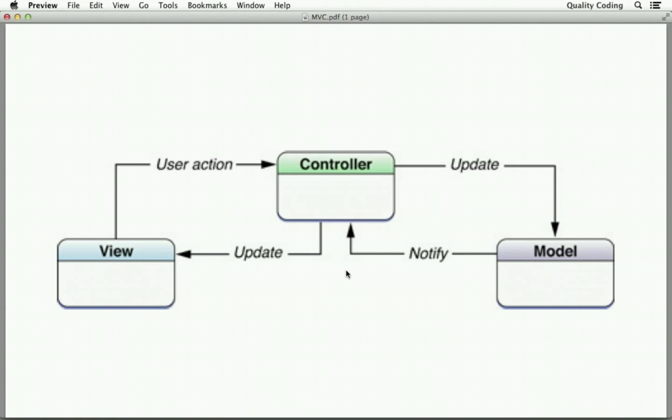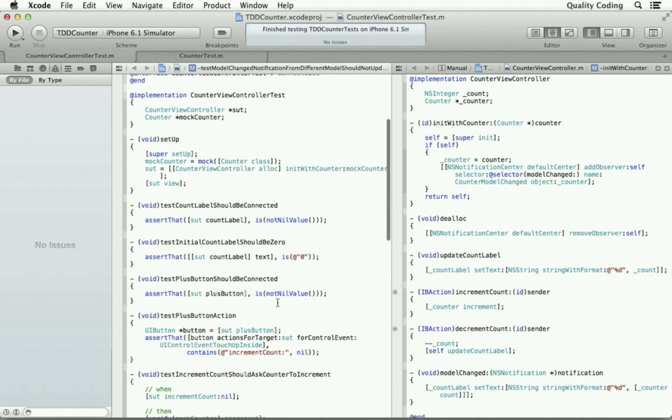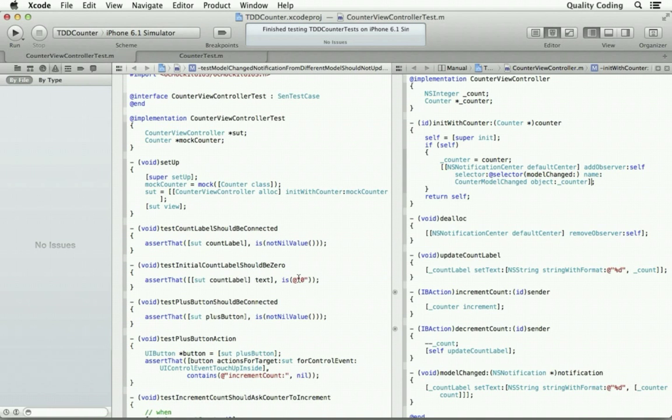But there's another possibility, and that's that the controller doesn't exist yet. Only the model exists and has been set with a certain count, and then the controller is created. Right now, as it stands, our view is going to just show 0 because that's been our assumption up until now. There was no separate model, but now there is. So let's take care of the view correctly showing the initial state when the view appears. Let's go back up to that test for the initial count label should be 0. Let's change that because that's not necessarily true.